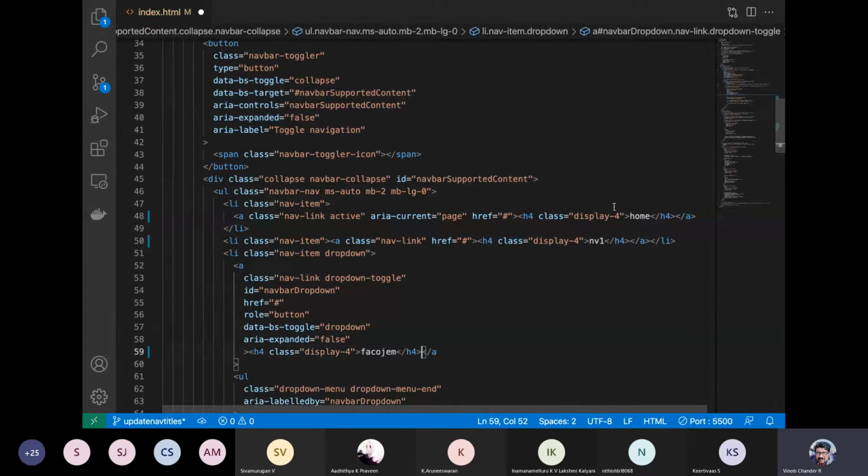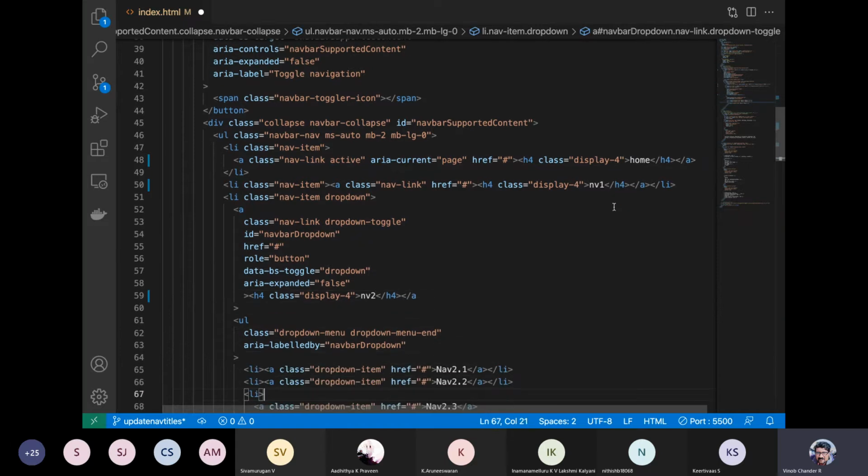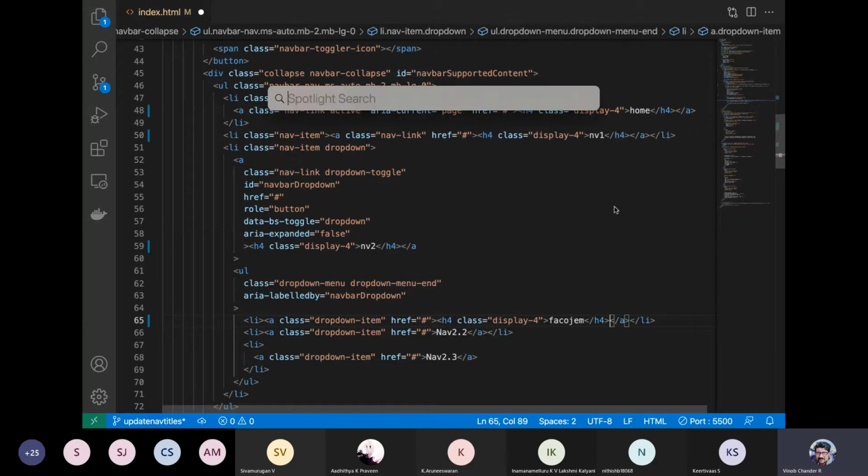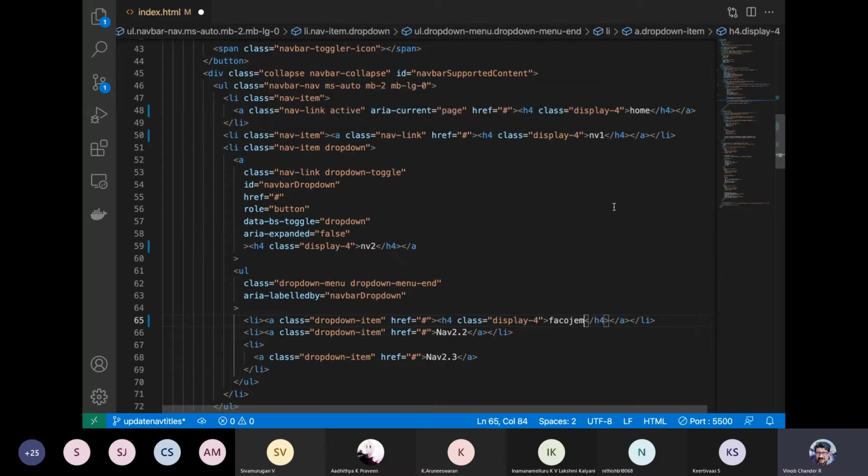Do this very quickly. Let me have this as nav 2. And we have some submenus also. Let us apply to all the items and see how it looks, but I guess h4 will be too big. Let us see. Now 2.1.